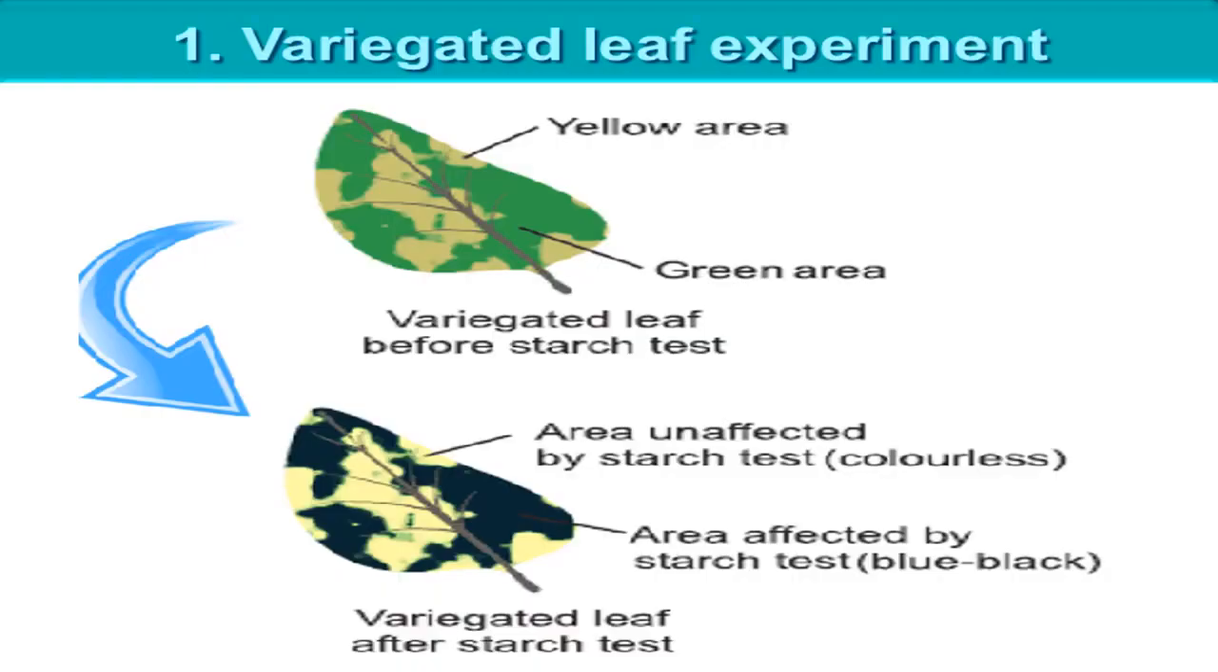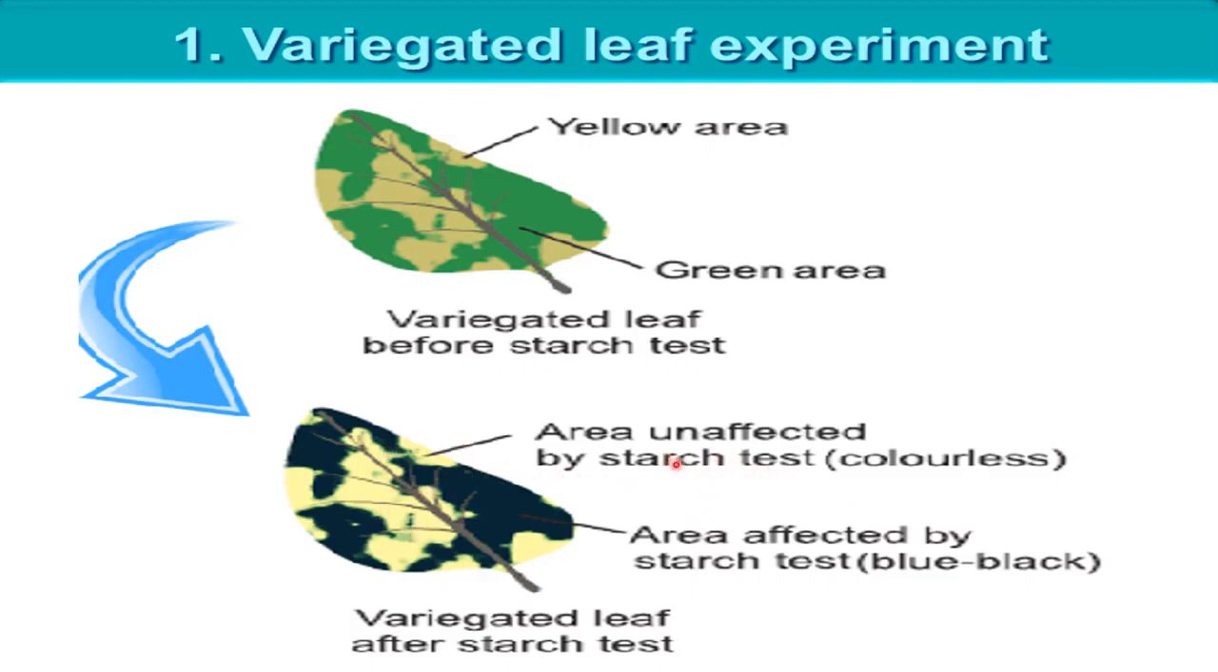First experiment is variegated leaf experiment. And variegated leaf is a leaf in which there are patches of yellow and green color. As you can see here, yellow and green areas are present here. So a starch test is done with this variegated leaf, and after the starch test these yellow areas give no color